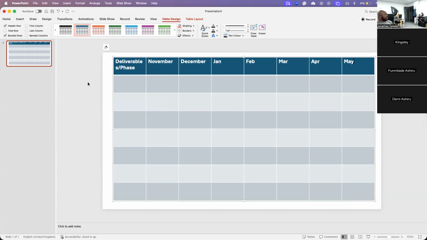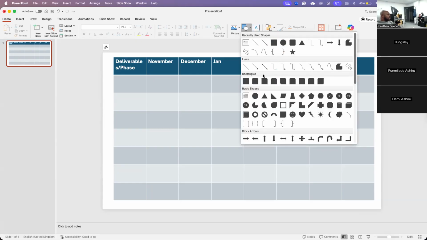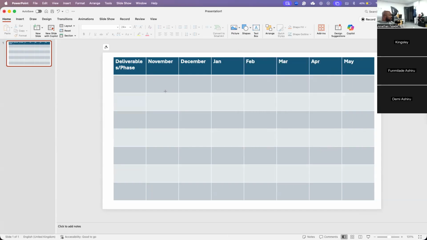So again, I will just insert a shape. If I can get rid of this guy real quickly. Where is it? Hide. Okay. So just cancel that. So I could just insert a shape. Let's just go with something like this. Now, I will just pop that there as an example.